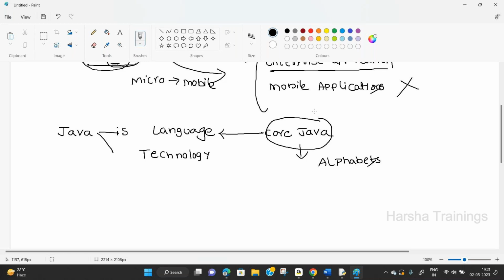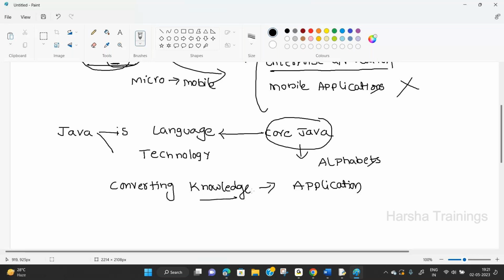Once you know all the basic things, whatever knowledge you are getting, you convert that knowledge into an application. Whatever information you learned up to now, that is knowledge.